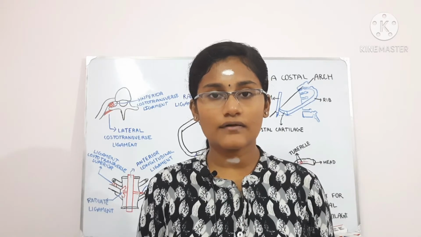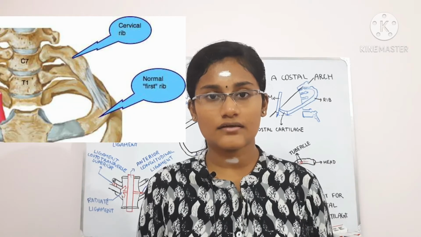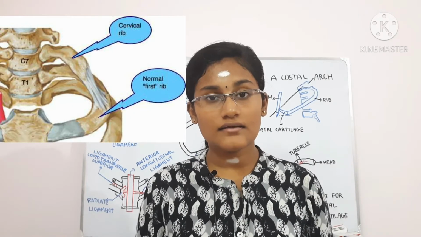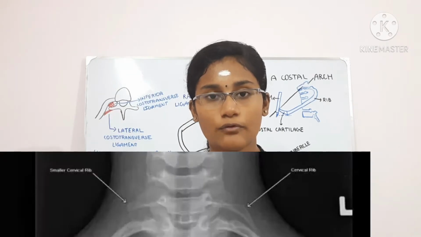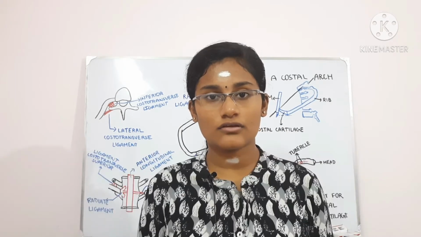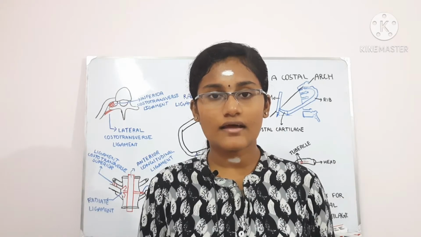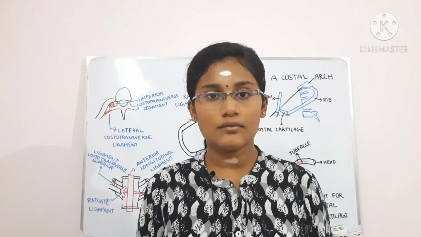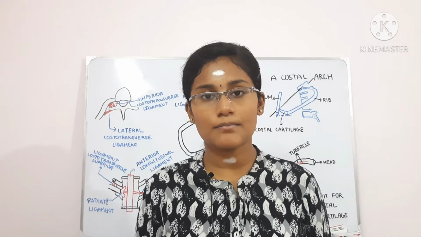So now let's talk about the cervical rib. So a cervical rib is present above the first rib, and it is present even above the collarbone, and it may occur only on one side or on both sides, and it may be completely bony or it may be made up of fibrous tissues. Okay, and a lumbar rib is the 13th rib, which arises from the first lumbar vertebra or the 13th thoracic vertebra, which is rarely present in some people.